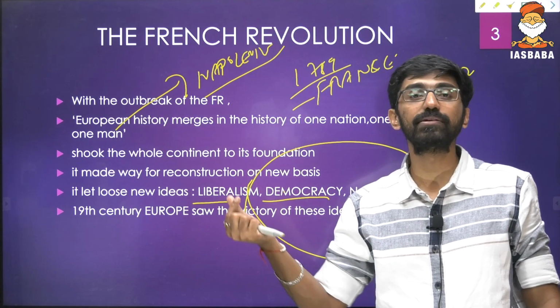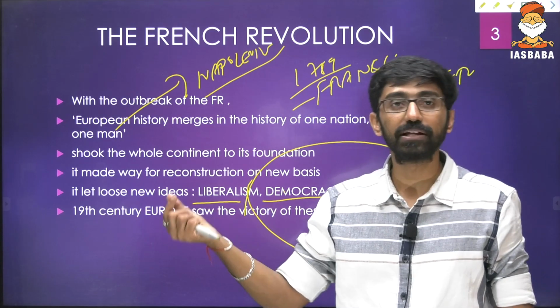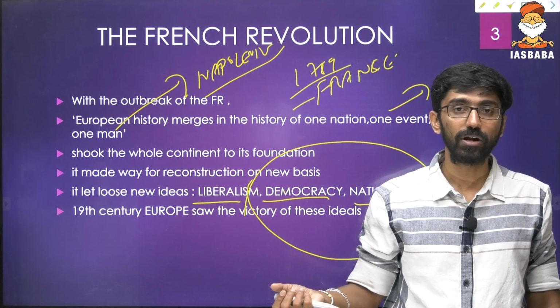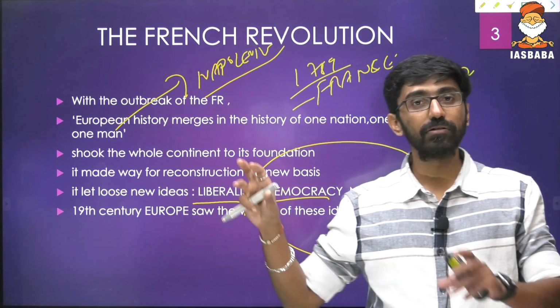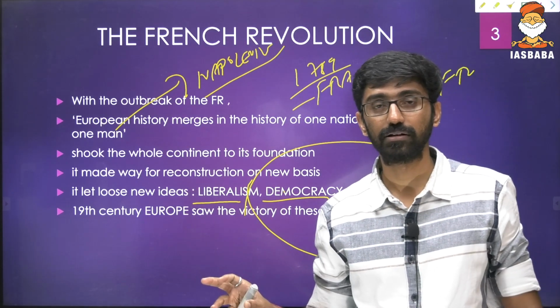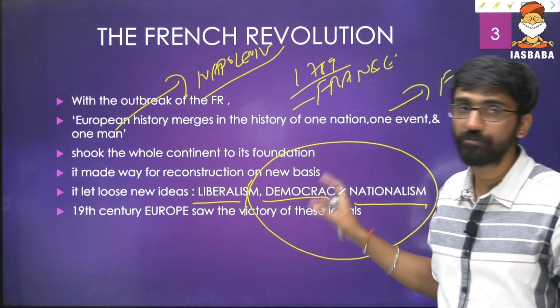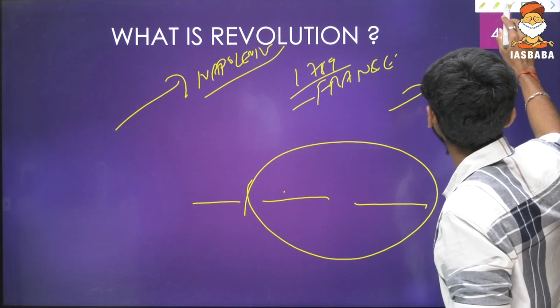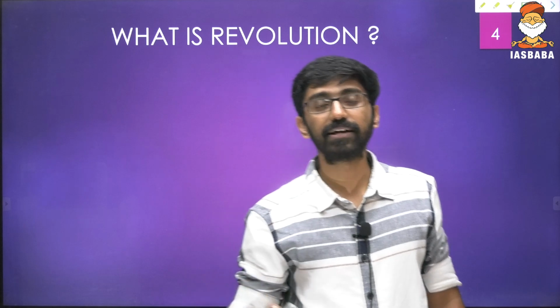Belgium, establishment of Belgium as a country, because Belgium got independence from Netherlands. Greek War of independence from Ottoman Empire. Then again German unification and Italian unification from the clutches of Austria and France. So all those things were influenced by French Revolution. And in 2025 mains also one question was asked about French Revolution, how it influenced the contemporary events.